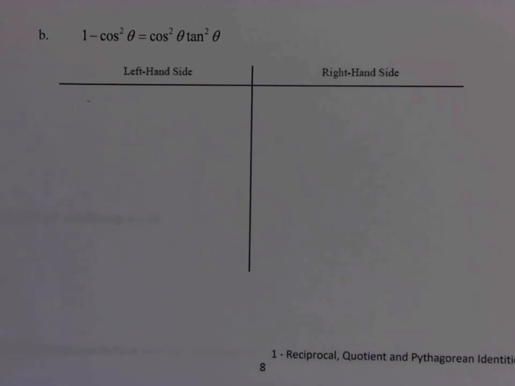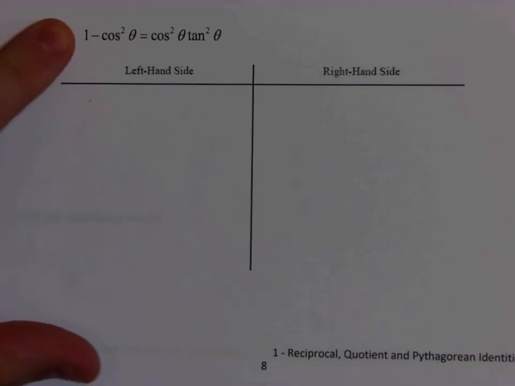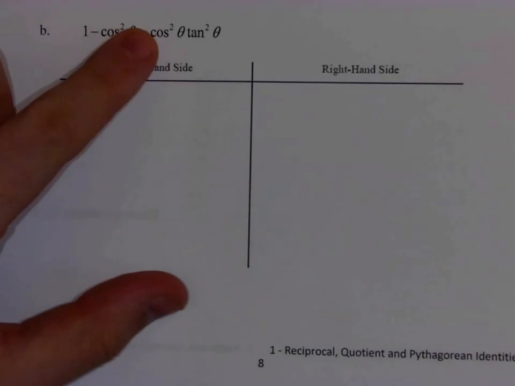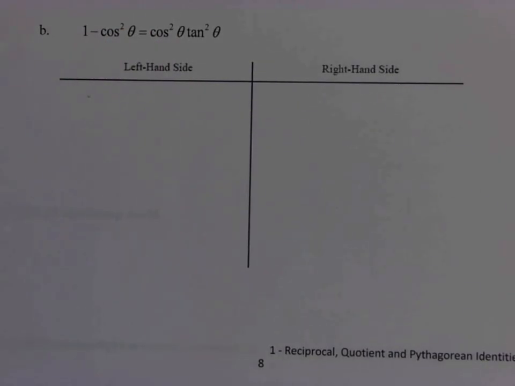Hey guys, so the new unit that we are covering deals with proving identities. Basically what these questions are asking you to do, what this booklet is asking you to do, is to take the left-hand side of the equation and the right-hand side of the equation and make them look the exact same way. So you're going to basically manipulate the left side and the right side of the equation